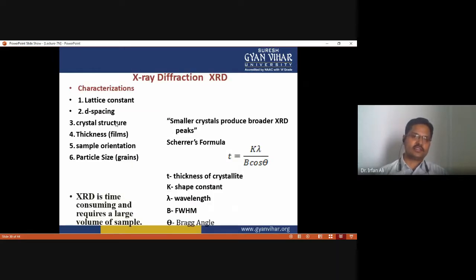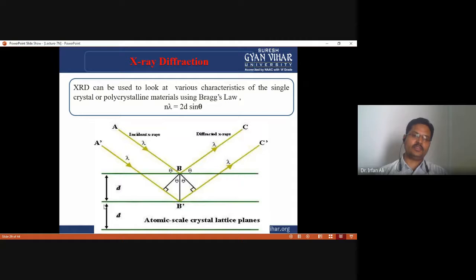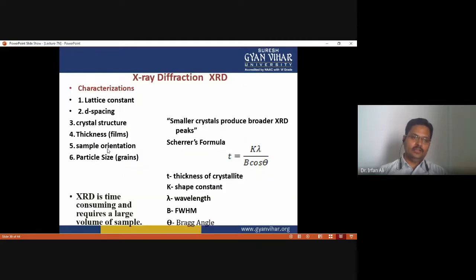So the characteristics of X-ray diffraction technique are the lattice constant and d spacing, that is the spacing between the layers in the crystal structure. Third, crystal structure and thickness, sample orientation, and particle size. That's why XRD is time consuming and requires a large volume of sample, and smaller crystals produce broader XRD peaks. This can be verified by the use of the Scherrer formula,